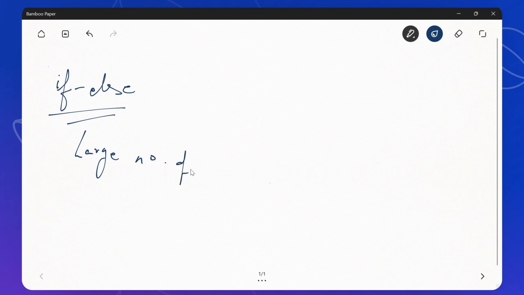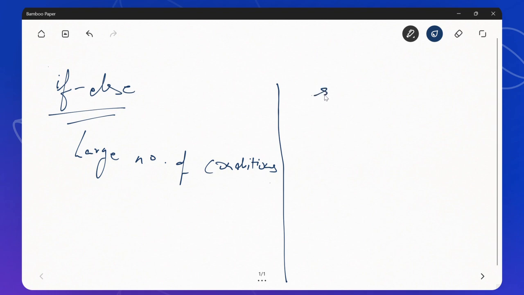Now, why do we require this switch conditional statement? We have already seen if else statement and nested if and all. When we are using if else statement and there are a large number of conditions, means options are so many that what to do when this will happen, what to do when this will happen, the program becomes very cumbersome when we use if else. So another alternative of if else is switch case.